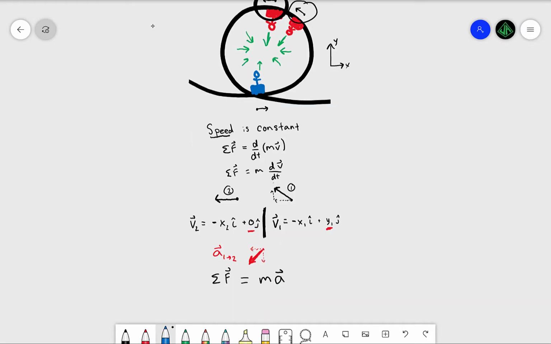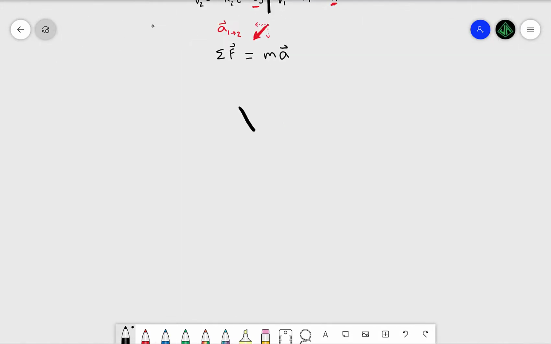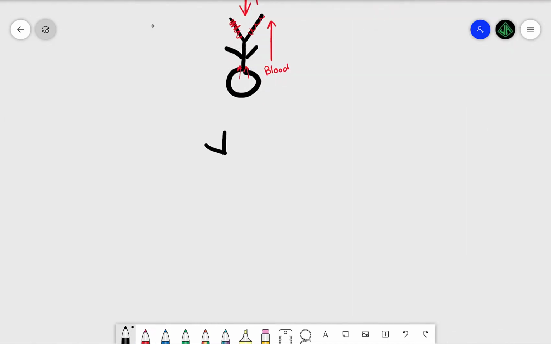Your inertia wants you to fly off the track, but the rails act to change your direction. To see how this affects the body, let's draw the force acting on you at one location. The force goes straight through you towards the center. Your blood wants to keep going the way it was due to inertia, so it gets pulled away from your head. If you're going fast enough and for long enough, your brain will no longer have enough oxygen and you'll